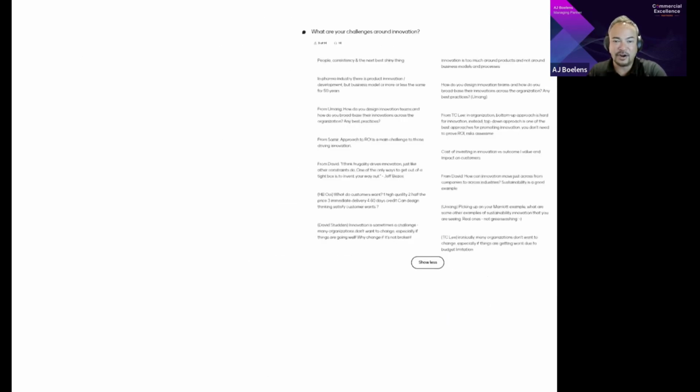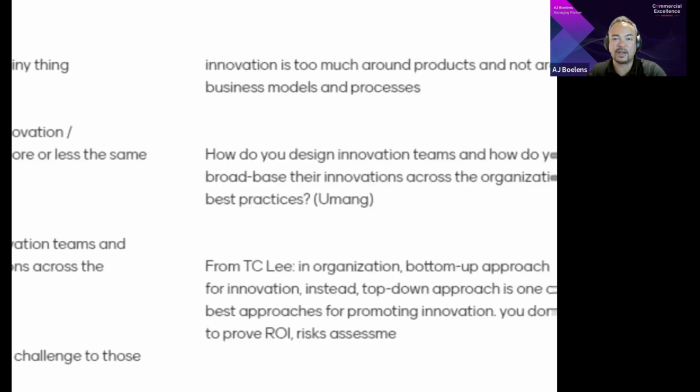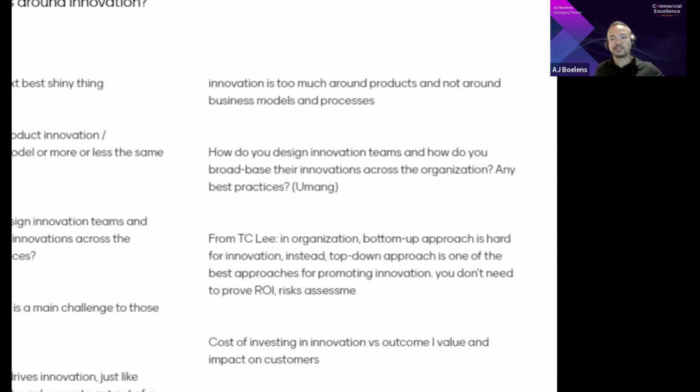All right, if we come over here, I'm going to zoom into another point. Innovation is too much around products and not around business models and processes. Absolutely. It's not bad to invest in products and processes, but quite often it's still very much about the core. It's very incremental. Should companies spend most of their money optimizing today? Yeah, they probably should, unless you're in a completely dying industry. Then you might really need to go into the other quadrants. But most organizations should be focusing mostly there. However, you don't want to put all your eggs in that basket either. You want to invest some money into business models as well.